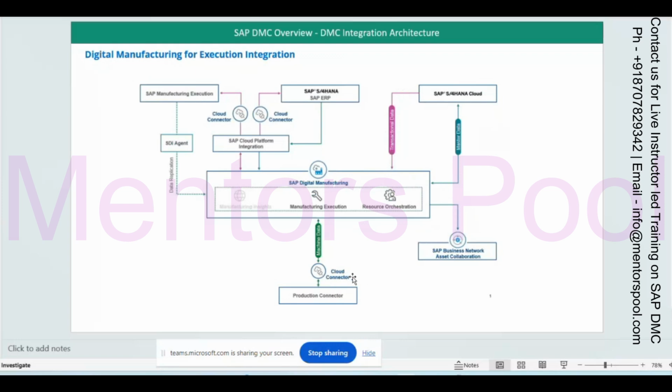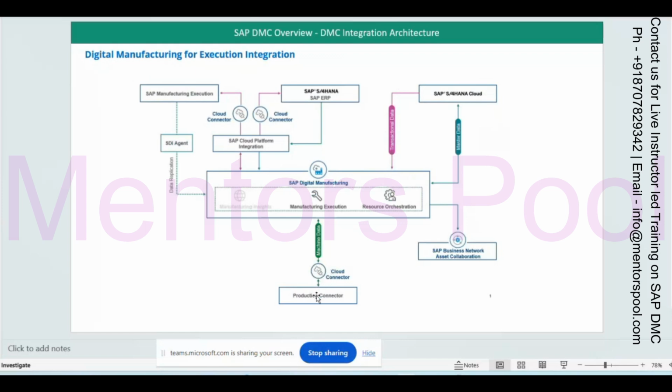And then you can see there is a plant connector, through the cloud connector, for connecting to the production connector, or you can write here Pico. Pico, or the production connector, is software that should always be on-premise, mostly, because it is very near to the machines. So here you will be using a cloud connector to expose your Pico or plant connector at the cloud level.